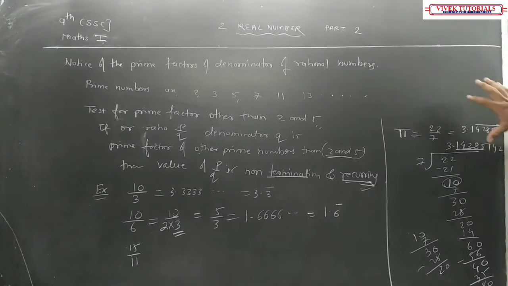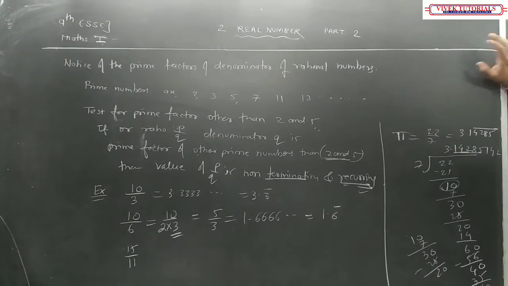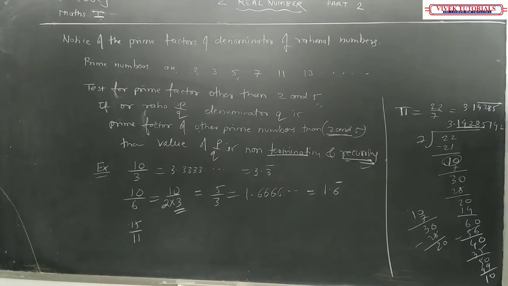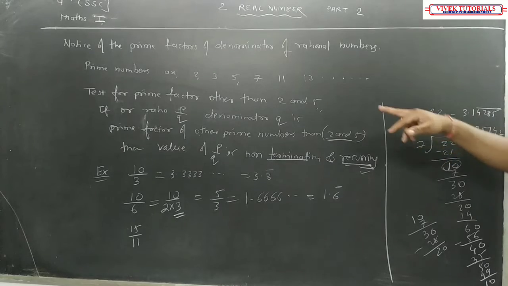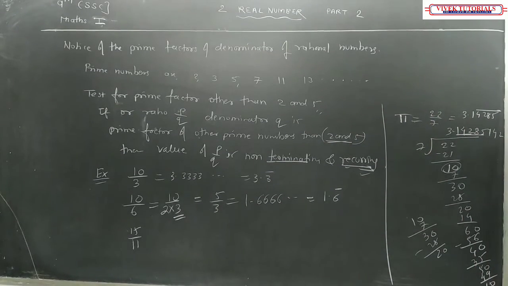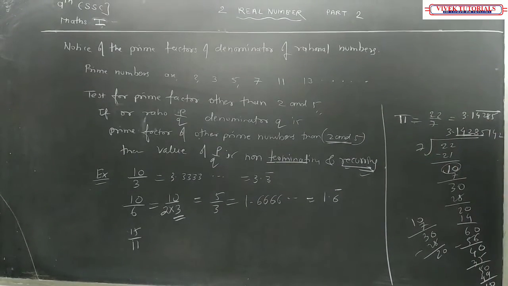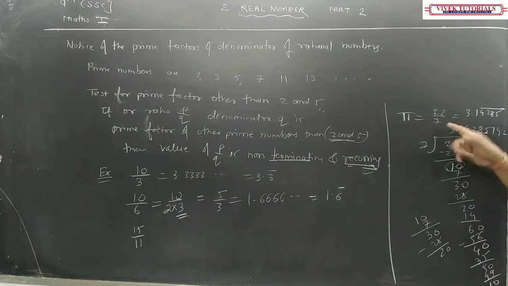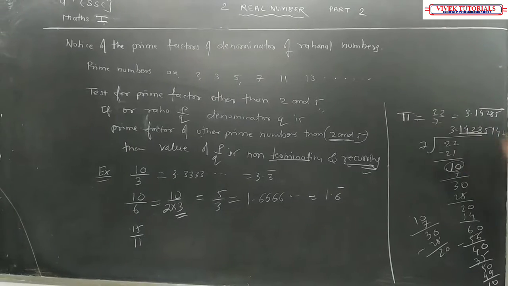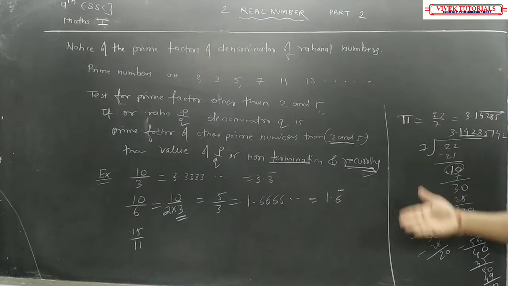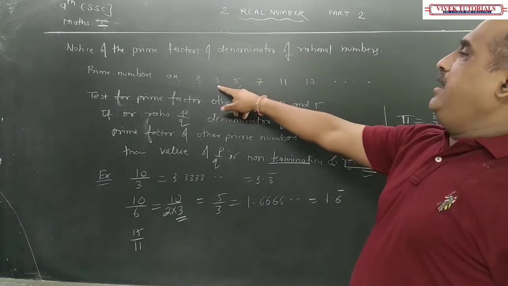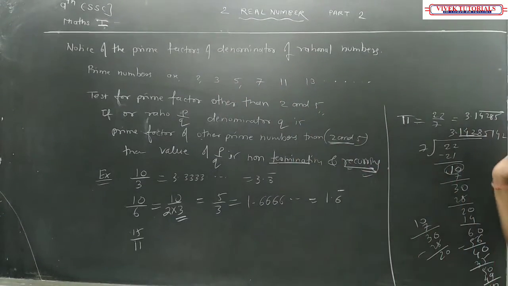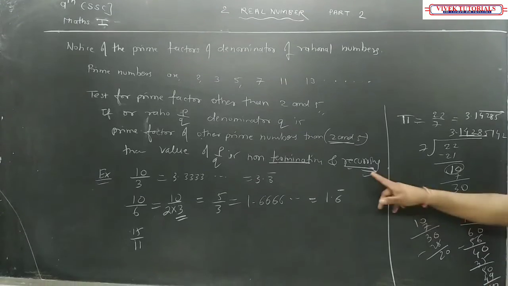So yesterday I had given as an example of this last part. I had given example as non-terminating and non-recurring, but it is 22/7. By this test, it is non-terminating and recurring. So over there you have to change a little bit because we are going to study that part once again. But that statement was wrong. Okay, we'll do it once again. Here it is 7. It is a prime factor other than 2 and 5. That will become non-terminating and recurring.